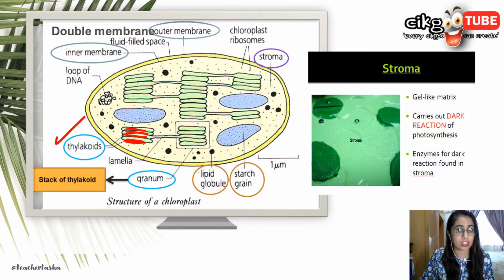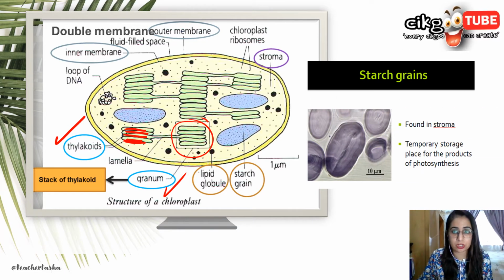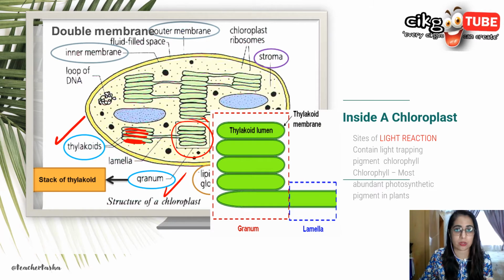Granum is a disc-shaped stack of thylakoids. The thylakoids join together as a stack and form a granum. What is this arrangement for? It is to increase the surface area for optimal photosynthesis. Then there is also the starch grain, which is found in the stroma as a temporary storage place for the products of photosynthesis. So the thylakoids and the grana are joined together